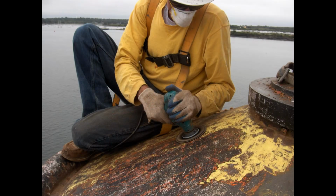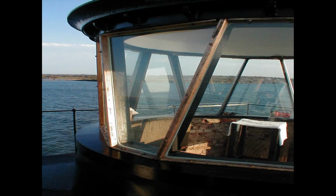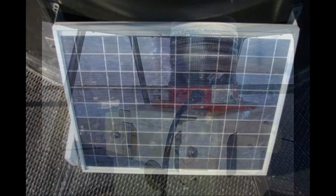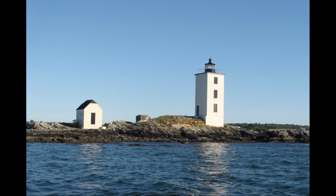grind down all the rusted surfaces, install a new main door, replace the lantern room windows, rebuild the interior stairs, rebuild the little oil house next door, install a new LED lantern, install solar panels on the roof, and refinish all of the surfaces. On November 21st at 7 p.m., with much fanfare, a blast from Macy Webster's famous cannon,